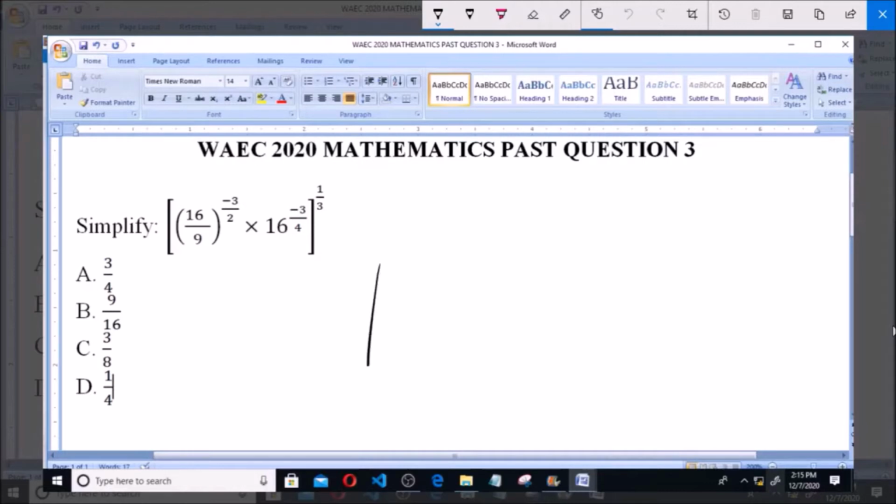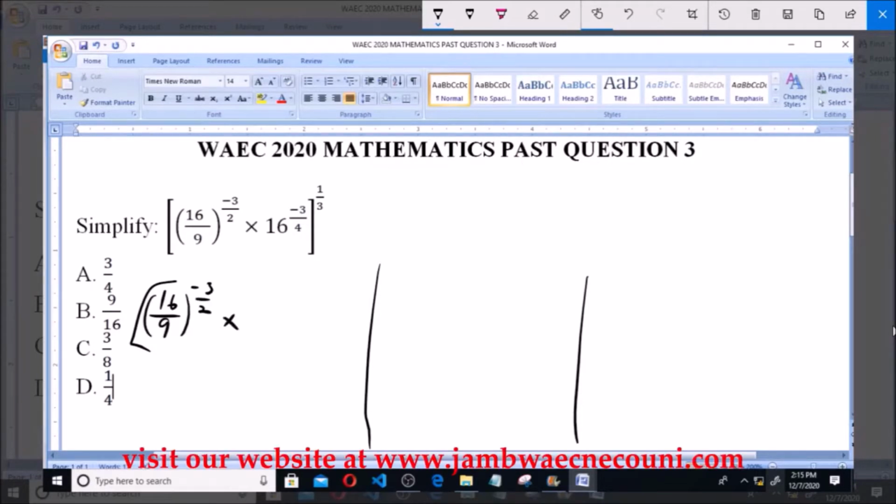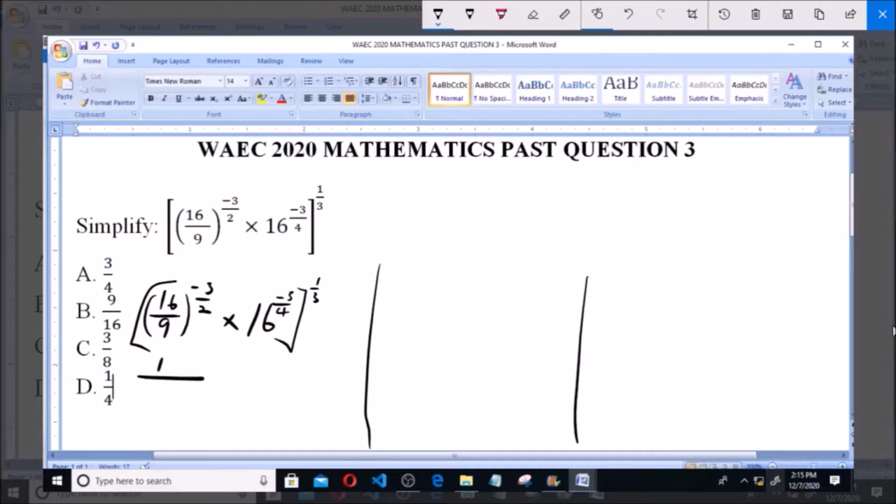So this question is from indices, so I am asked to simplify these given indices. Now we have 16 over 9 raised to the power of minus 3 over 2 multiplied by 16 raised to the power of minus 3 over 4, then everything raised to the power of 1 over 3. Now 16 over 9 raised to the power of minus 3 over 2 simply means 1 all over the square root of 16 over 9 raised to the power of 3,